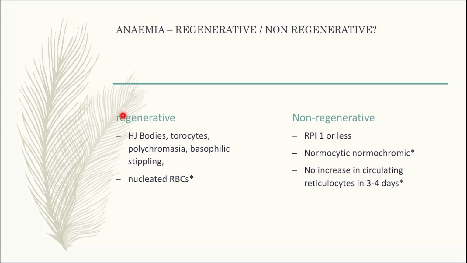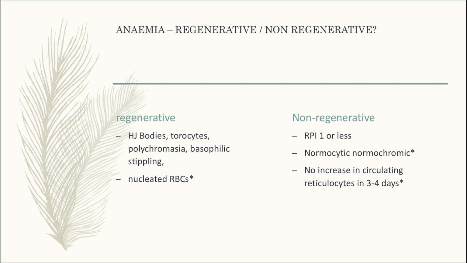That's why in regenerative CBC you will see an increase in RDW and MCV. And basophilic stippling can also be seen in regenerative changes. Target cells can also be seen, and nucleated RBCs can also be seen in a regenerative smear. Actually, you need to compare nucleated RBCs, polychromatophilic erythrocytes and Howell-Jolly bodies to determine whether the anemia is regenerative